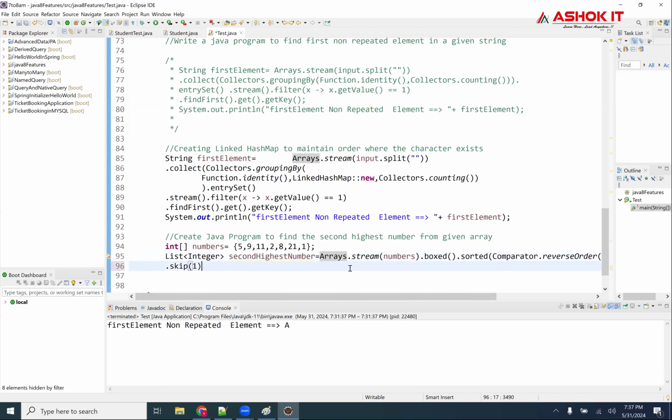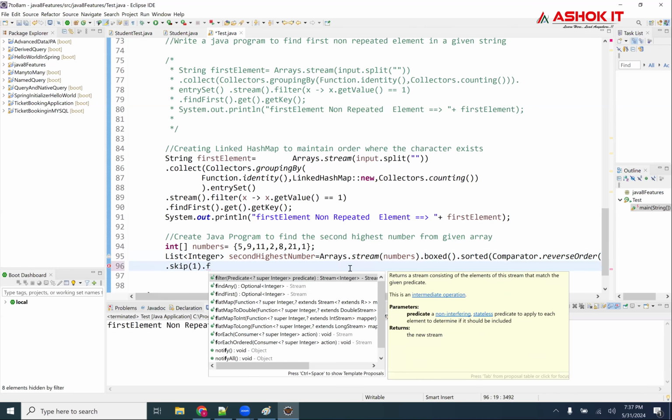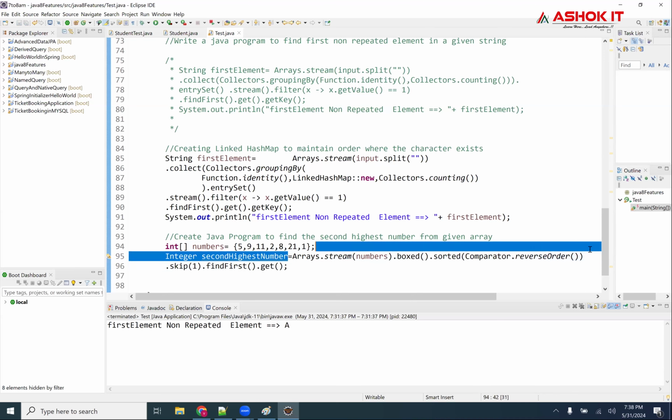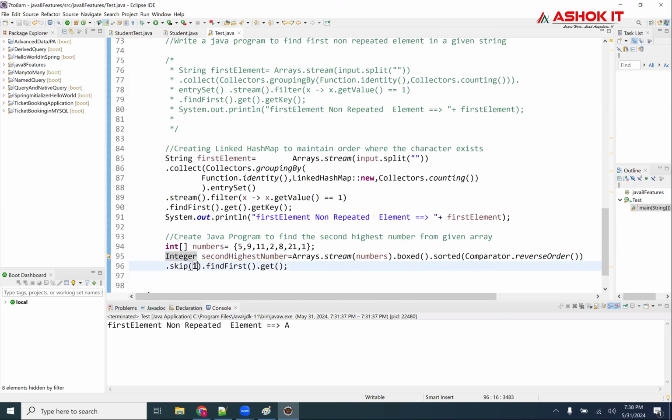Sorry, I'm missing here. Skip 1.findFirst. I want to find the first and I want to get it. I don't want all the things, right, guys? I want an Integer. Okay. What I'm doing here, I'm arranging in descending order. Skip the first element. After that, find first and get it.